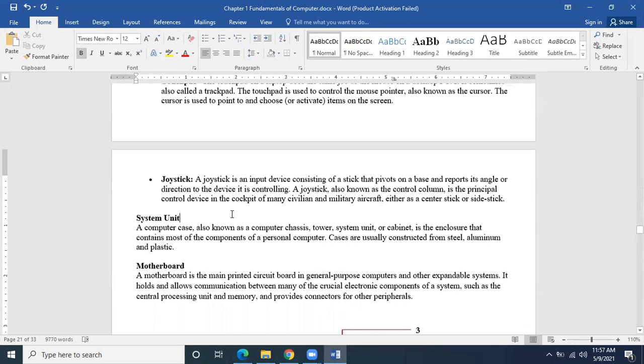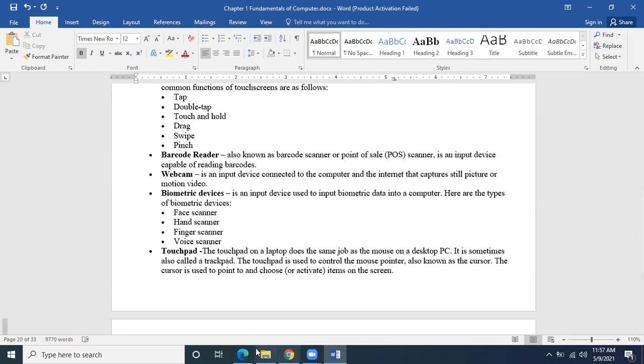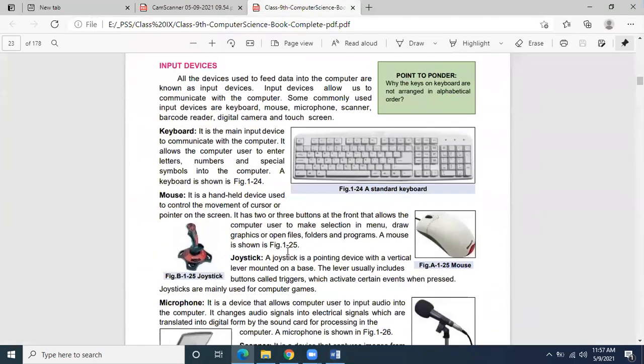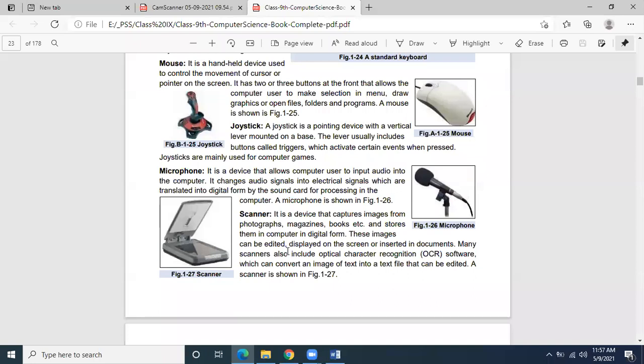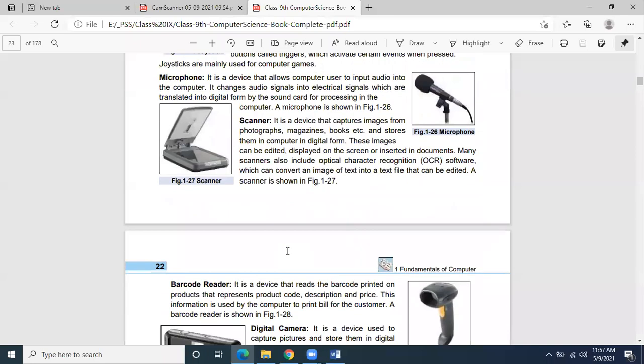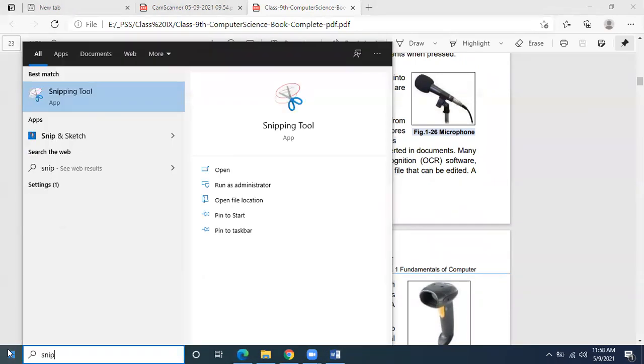I hope up to here all the points about input devices are clear. These are just the definitions given in your book, and I have explained them with the help of diagrams as well. If you have any question up to this point, you can ask me right now, or you can give me feedback by thumbs up that this point is quite clear to you. What about the rest of the students? Okay, good, good. Fine.